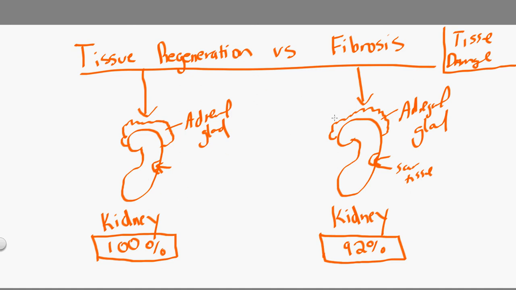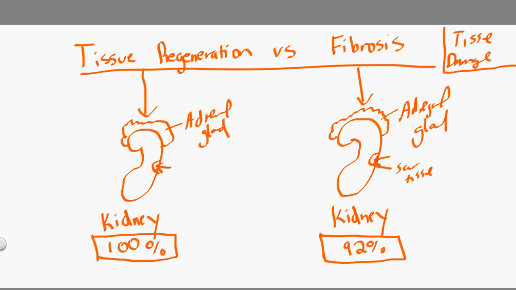When an organ or something is damaged, if it leaves behind scar tissue, generally the process of fibrosis has happened. Now, in most cases, both of these processes happen at the same time. You can have tissue regeneration happening and fibrosis happening at the same time. So it's not like the body is picking one over the other. It just means that that's how you can kind of tell if this organ is going to go back to 100% or not: if there's scar tissue involved and the processes that were involved to repair.